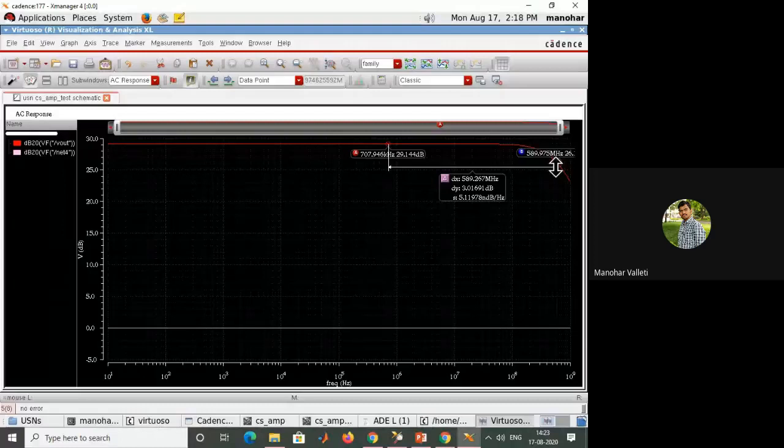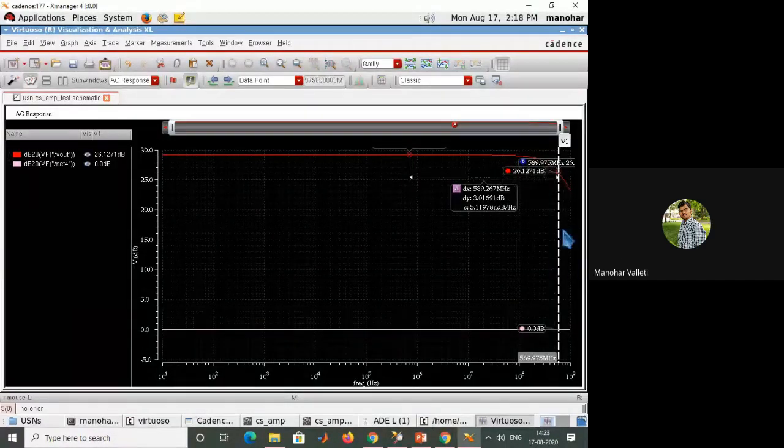So here you want a vertical cursor. I'm pressing V from the keyboard so that you'll get the vertical cursor shown here. So this is 29 dB. I'm going to 26.1.